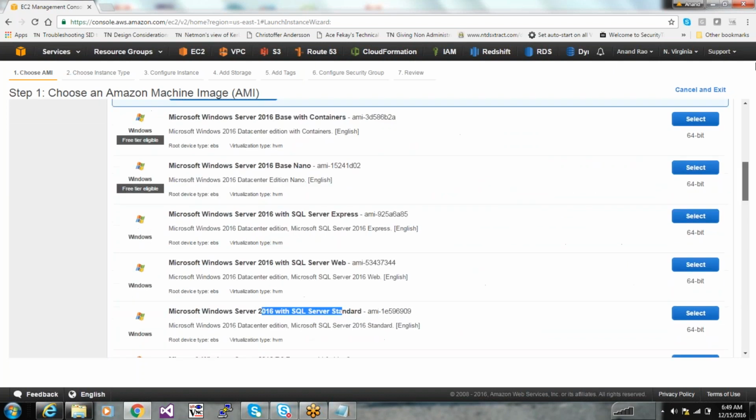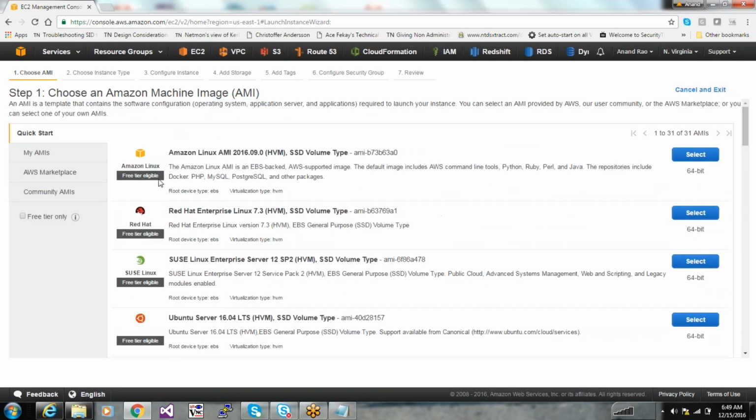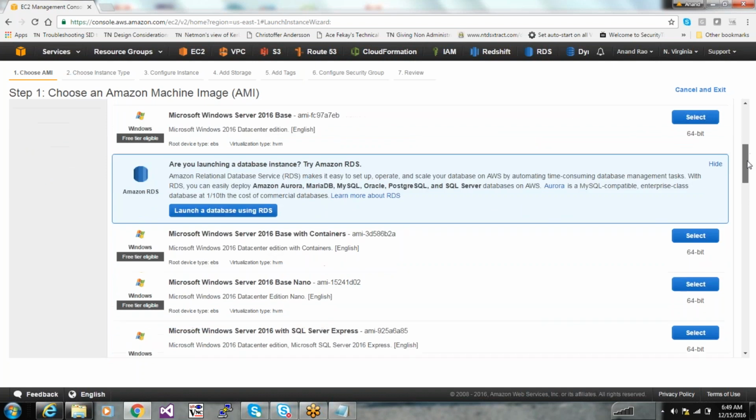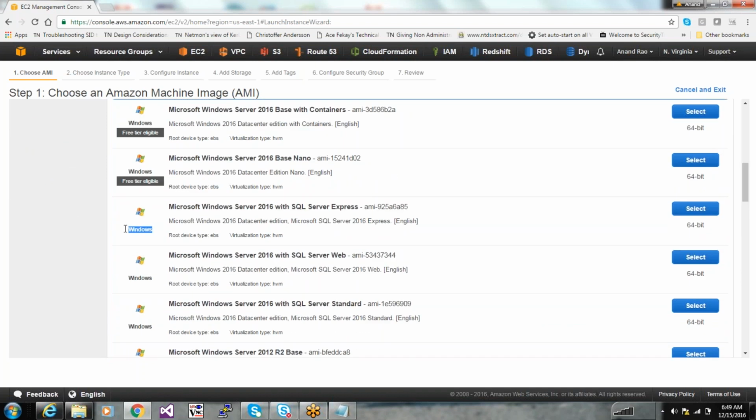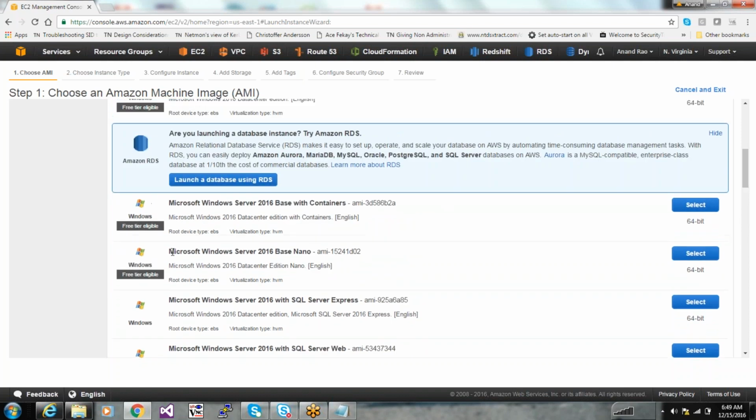One thing you will notice is that some of them are free tier eligible, and some of them are not. If you scroll down, there are some which are not free tier eligible. That means if I select one of those and continue with the wizard, I will be charged accordingly on an hourly basis. The rest, the free tier eligible ones, are not charged.